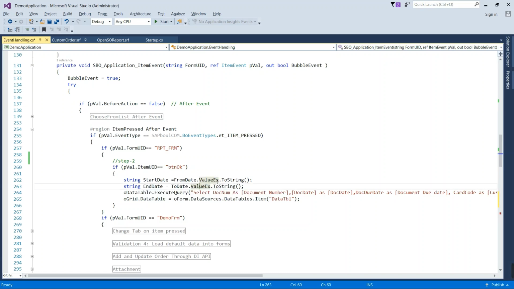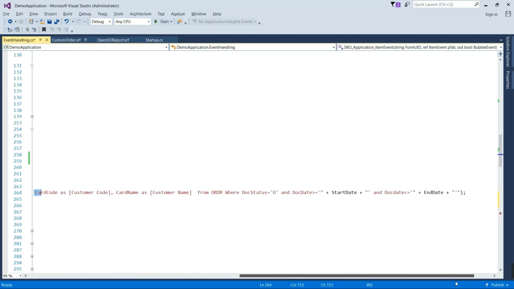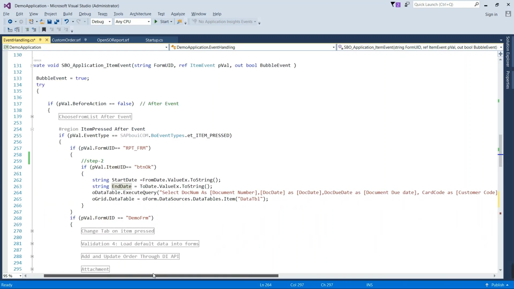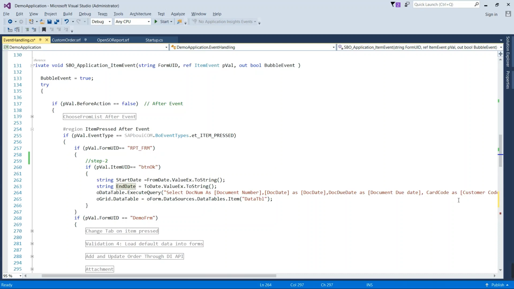So we have taken these two data source values inside these two variables and passed them inside this query as parameters. You can see doc date greater than or equal to start date and doc date less than or equal to end date. On the basis of this condition, data will be filtered